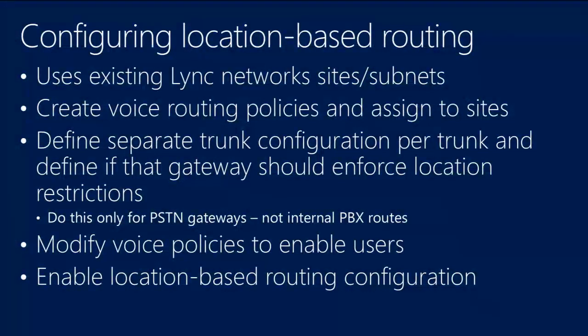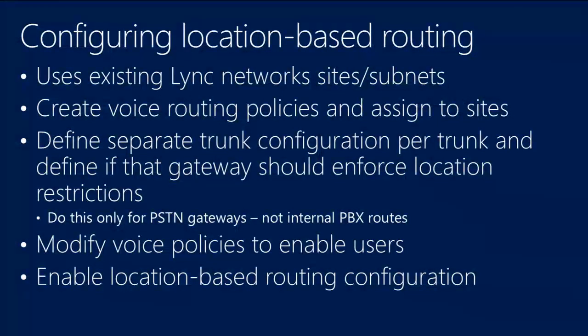Now we build our trunk configurations. We turn on location-based routing at the trunk level. You want to make sure that you only do this for your PSTN routes. Okay, don't set this on trunks that go to like an internal IP PBX or something like that. Bad idea, right? Because we don't want to break being able to call a 4-digit extension. The telcos don't care about that, right? It's stuff that goes out to the PSTN that they care about. So make sure this is only set on PSTN trunks that you're doing,